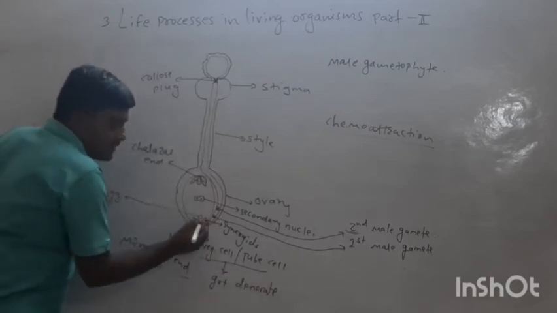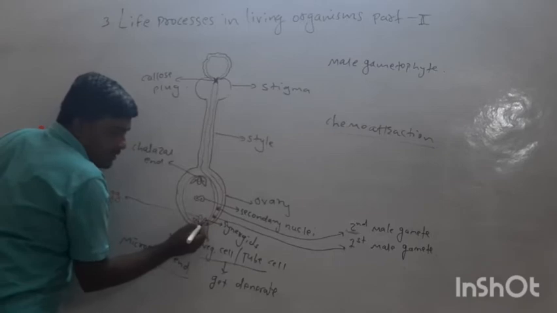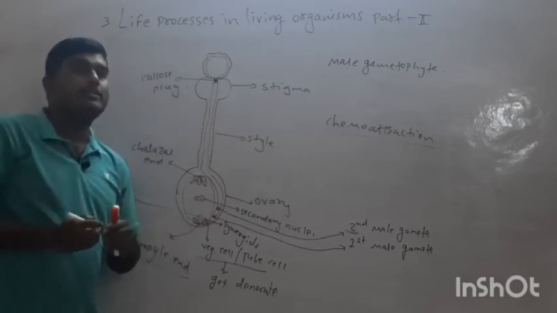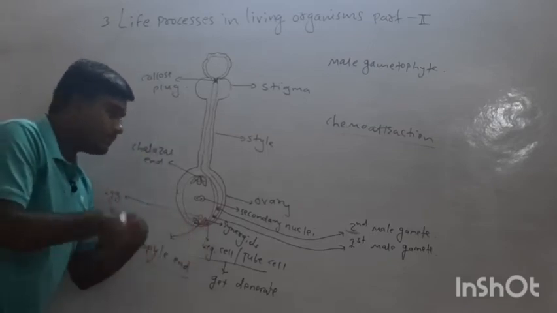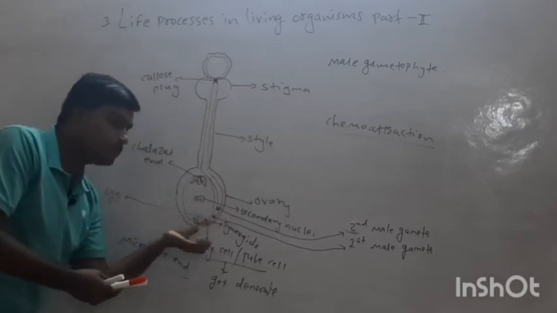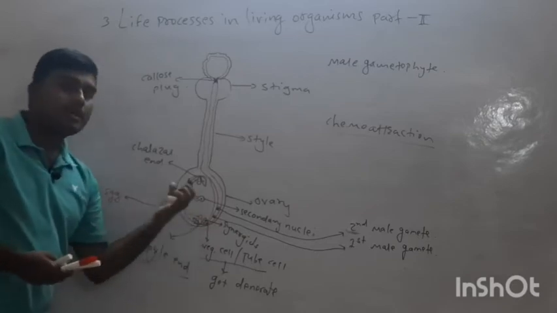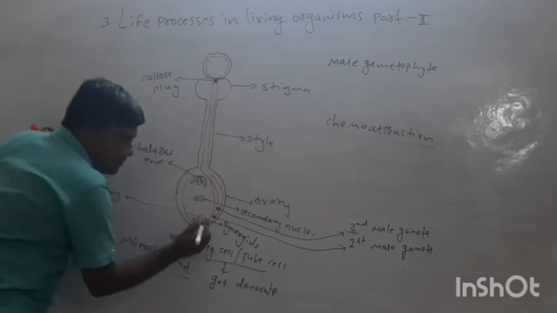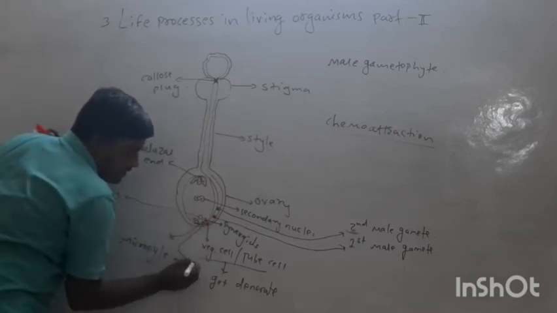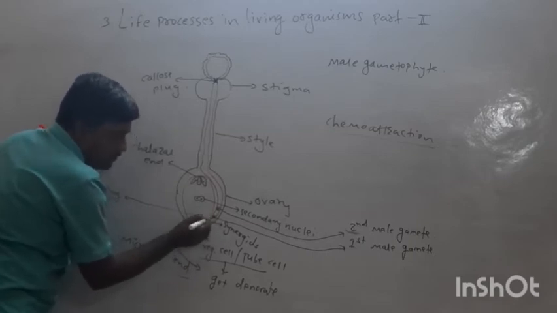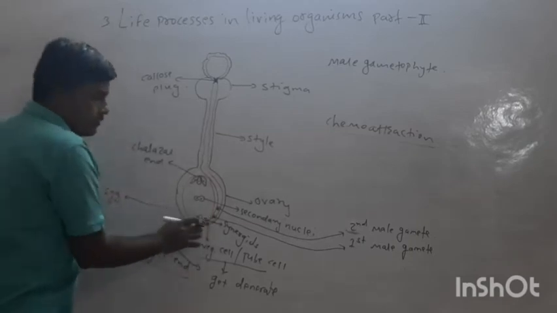There are two pathways present here. One synergid and this other synergid. These two synergid cells provide the way, or we can say the pathway, for the gametes to enter the ovule. They provide the pathway for the male gametes. These get degenerated, and they provide water for the movement of male gametes within the ovule.